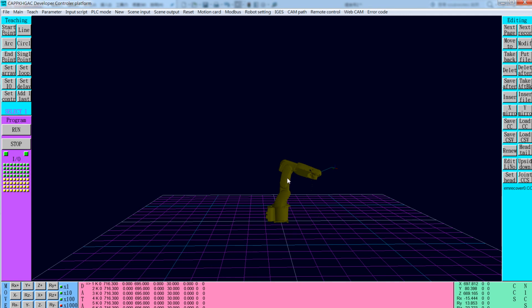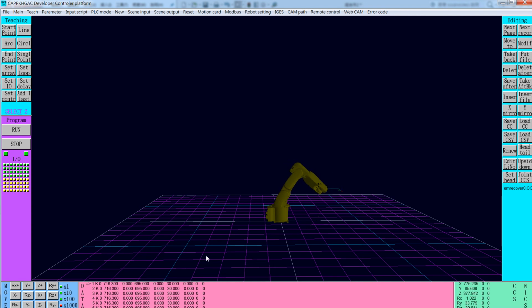Okay, suppose we choose this join by pressing the right button, then select 2 shown on here, and we press the left button, keep pressing the left button and move the mouse to the right, and the J2 will rotate around the positive direction. If we move toward the left, the negative rotating will show on the screen,